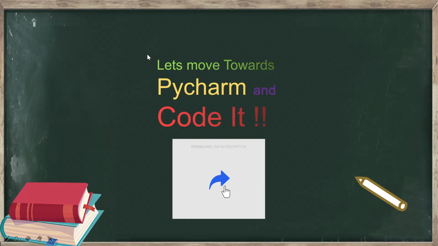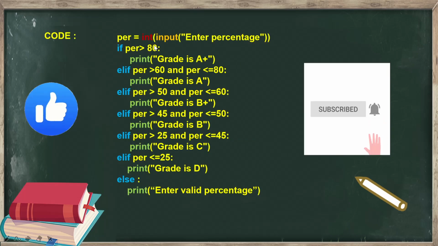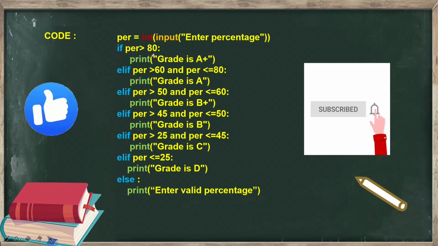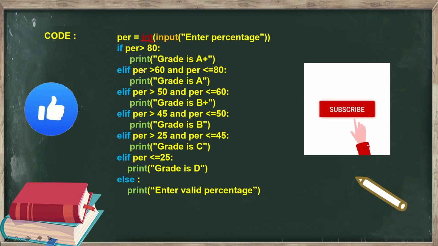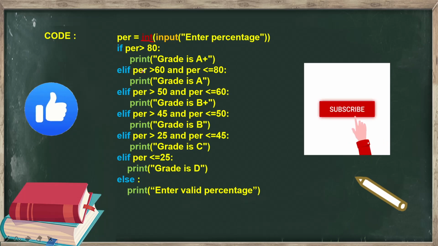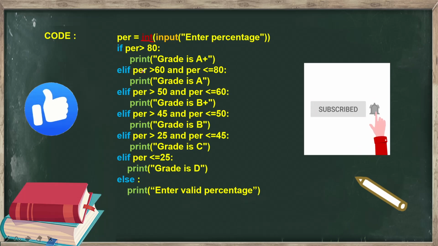Here we are taking percentage as the input. By default, input takes text as a string, but we want to take an integer value for the percentage. So we will convert that string into an integer with this function, and then we will use our if, elif and else statement block, which I have explained in the previous video. If you want to watch the previous video, subscribe to my channel and view the Python tutorial playlist. There I have explained this if, elif and else ladder properly.